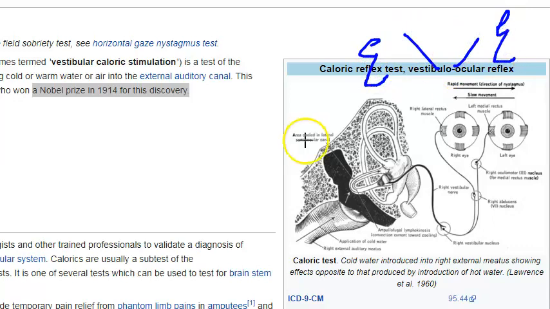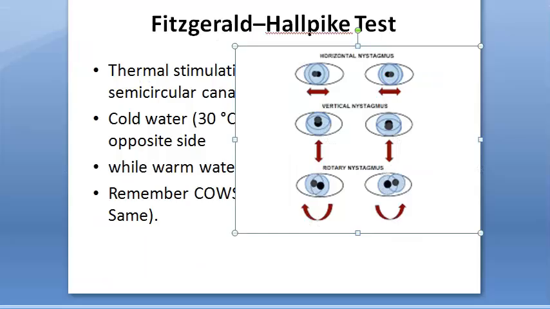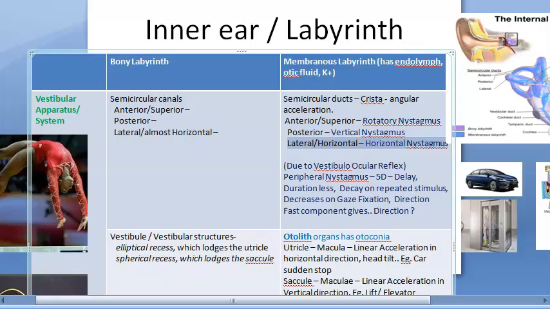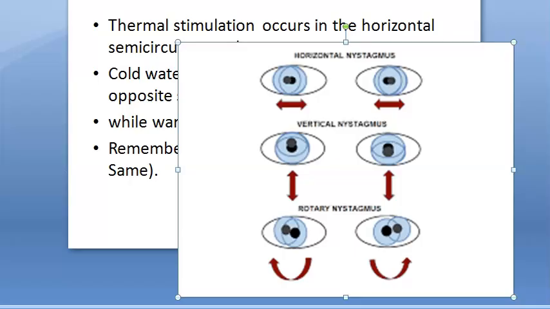So, the vestibulo-ocular reflex. When you put water in the ear, you will observe eye movements. Those jerky, involuntary movements are called nystagmus. You have many types of nystagmus: horizontal, vertical, rotatory. Here they are looking for the horizontal nystagmus because they are working on the lateral semicircular canal, or duct. Mostly it is left to right, right to left. That's the one we will look at now.